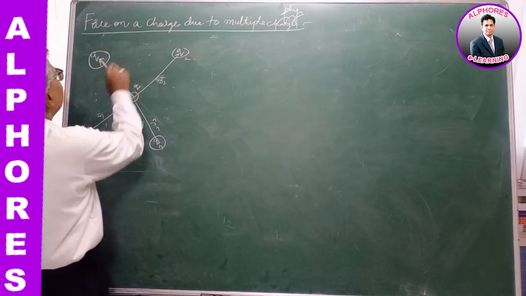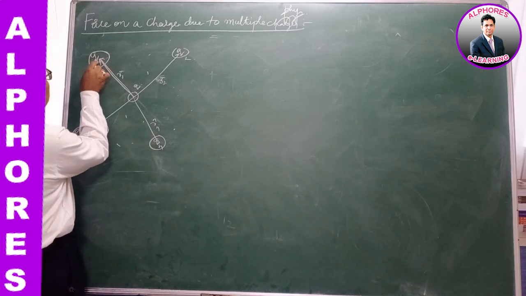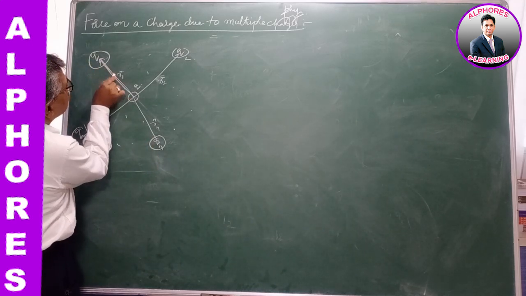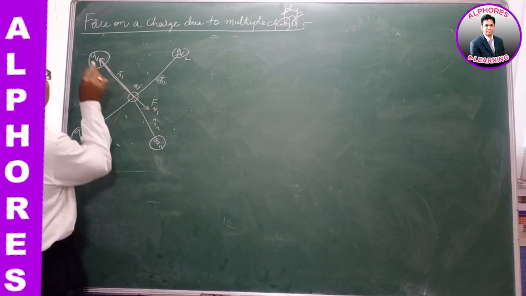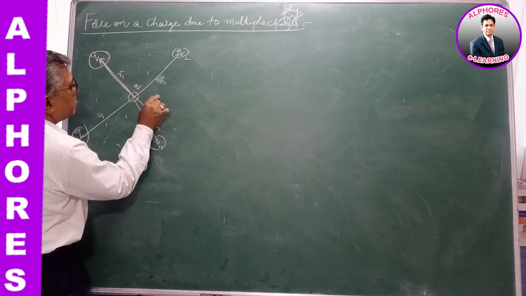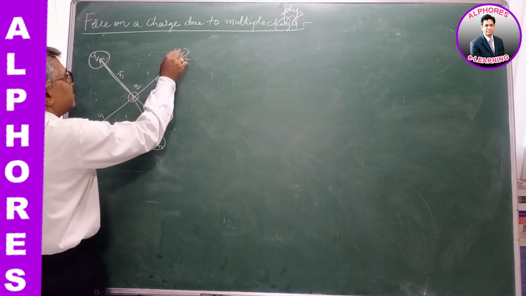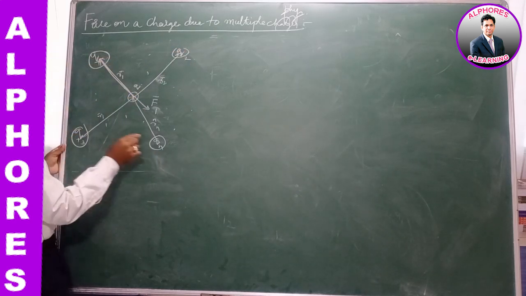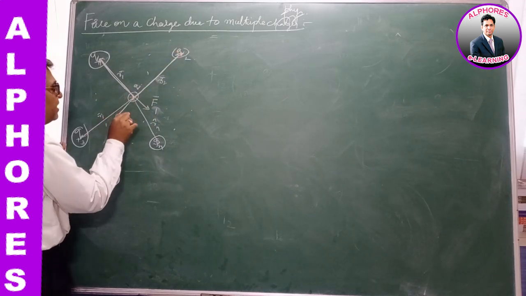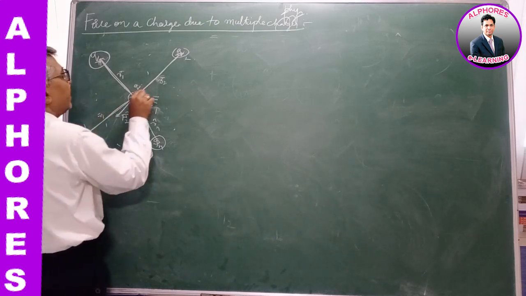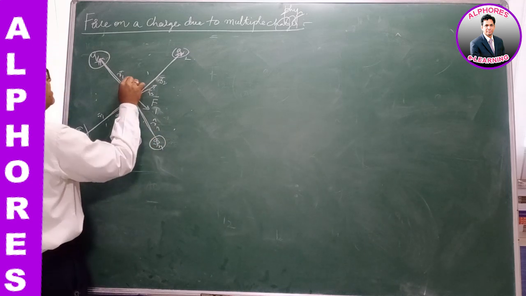So when I consider the various forces, the force due to Q1 on Q is in the direction opposite to this. So this is the force on Q due to Q1. Force due to the first charge, let us say F1 bar. Force due to the second charge on it, if I consider all positive charges, is repulsive, it is F2 bar. Force due to 3, opposite to R3 bar, so this is F3. Force due to N, it is Fn.